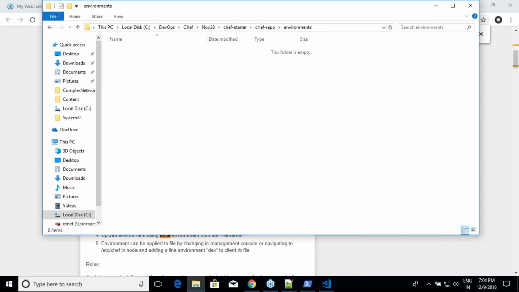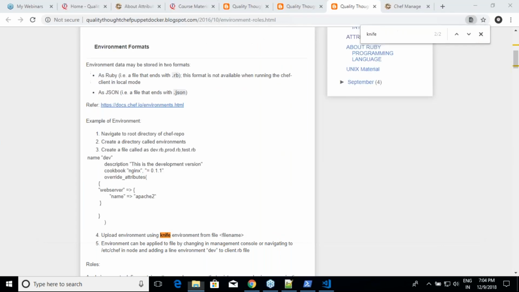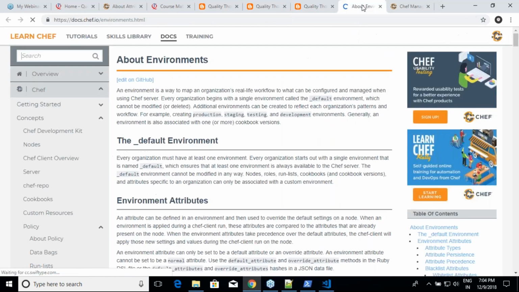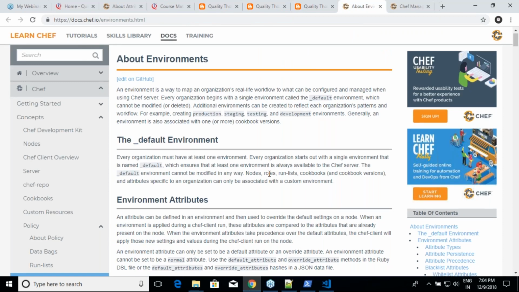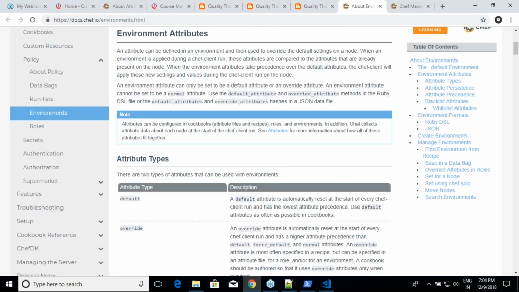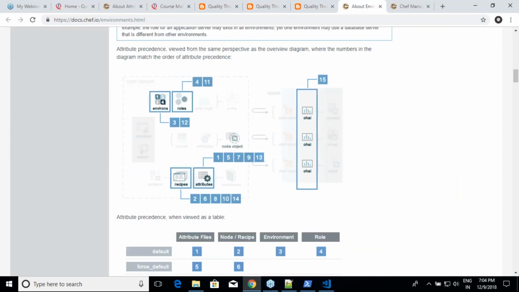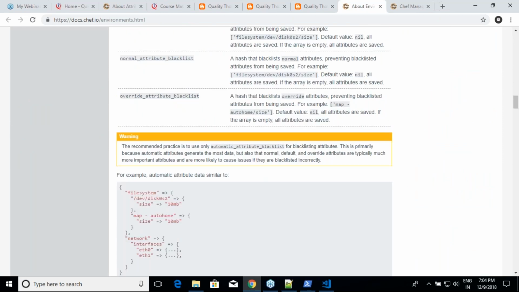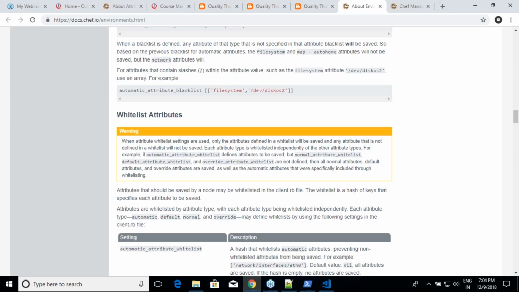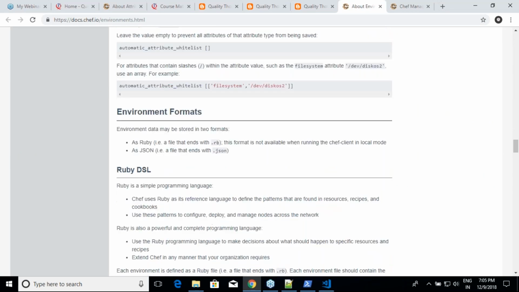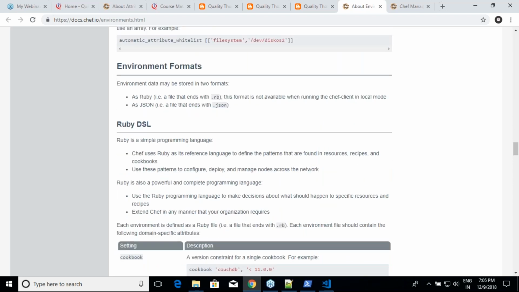Let me go into the environments folder. An environment can be written in Ruby or JSON format. You can use anything that makes sense to you.